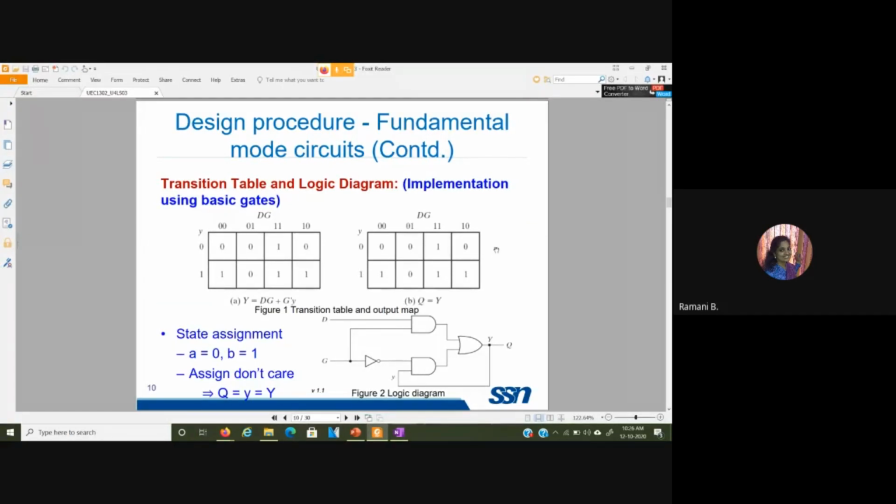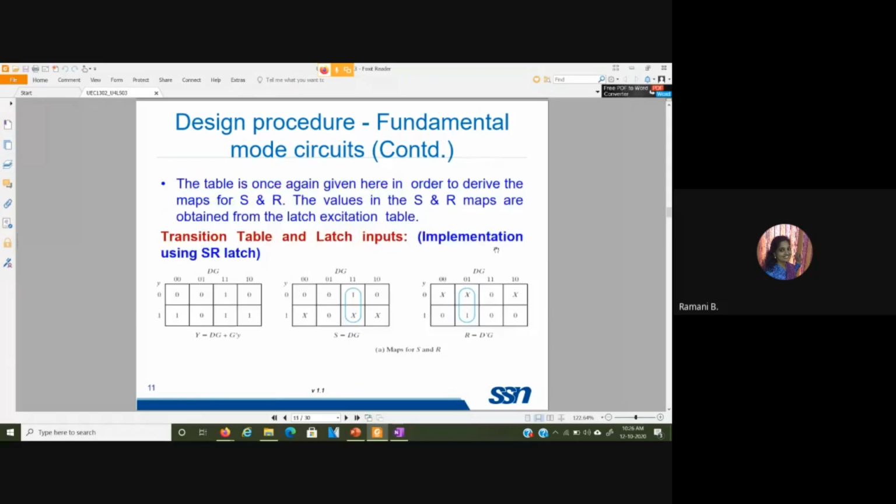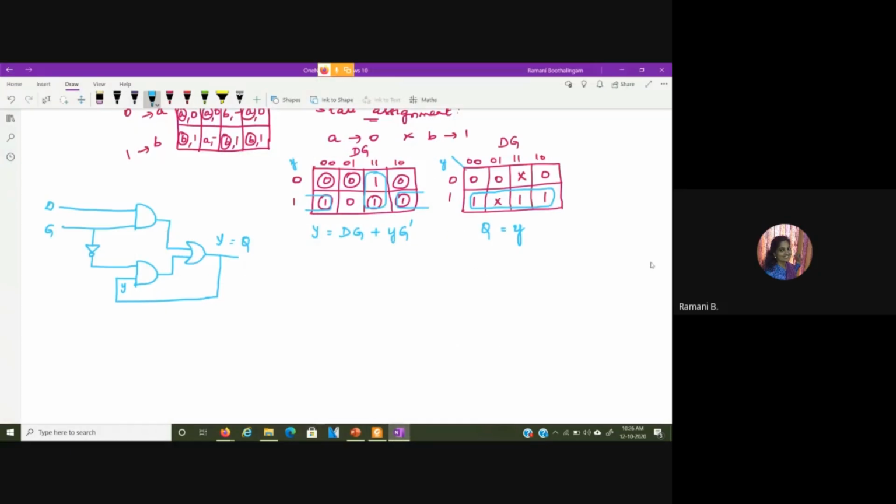The same thing we can do using an SR latch also. So we shall see that also. For the SR latch, the latch excitation table for small y, capital Y, S and R. We saw last class.